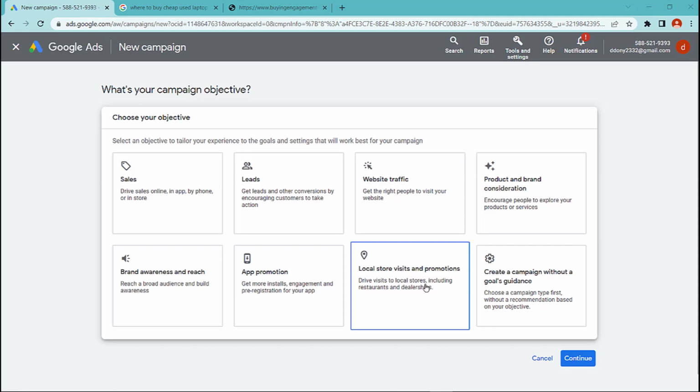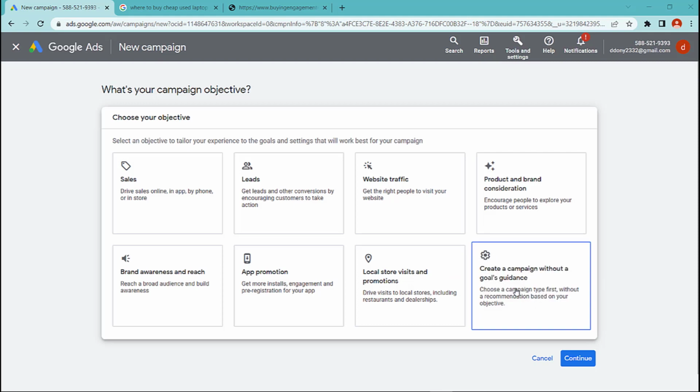If you have a brick and mortar business and you are looking to drive foot traffic to your store, you can choose the local store visit campaign objective. This objective is designed to reach people who are near your store and may be more likely to visit in person, especially if you have a food store.